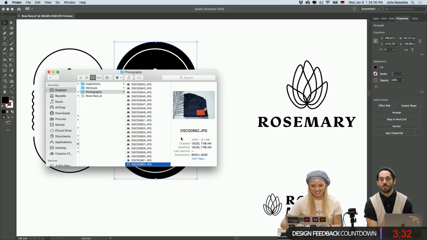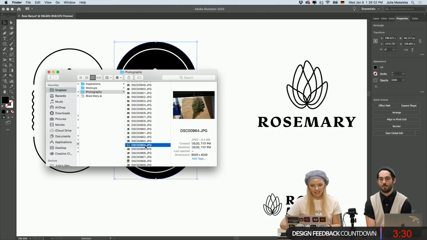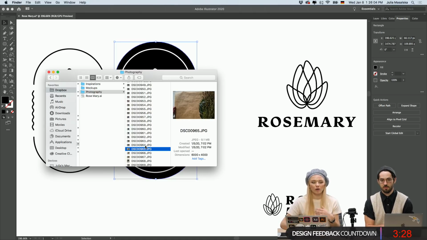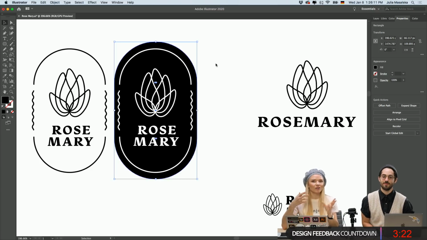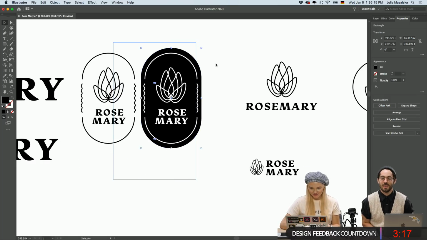Tomorrow. And we're also tomorrow going to play with Dimension a little bit. Yes, exactly. So we're not only gonna mock things up in Photoshop, but also in Dimension. We're gonna put the logo on the mug or on the bag, different things that we can find there. We'll see. Cool, I can't wait to see that.